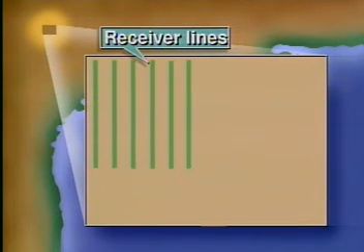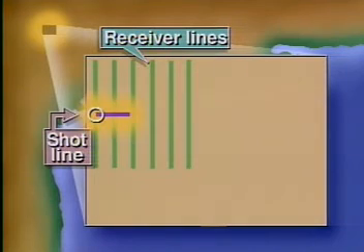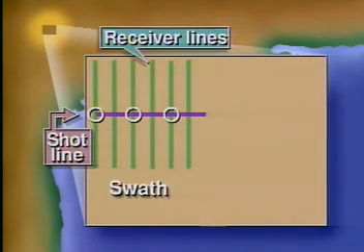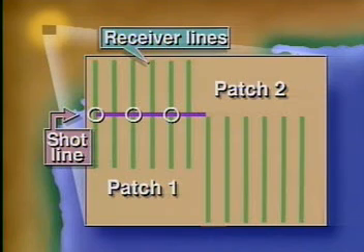Here, the receiver lines are parallel and regularly spaced, and a source line is shot across the receivers. This is known as a swath pattern, and it is often used in land 3D surveys. A fourth survey design, called the patch, uses an aerial spread of geophones and common shooting lines for different patches